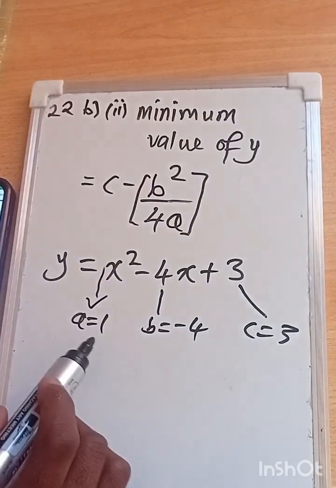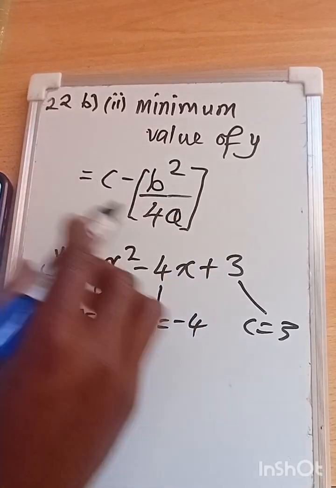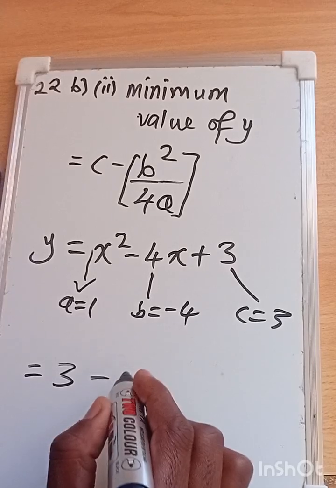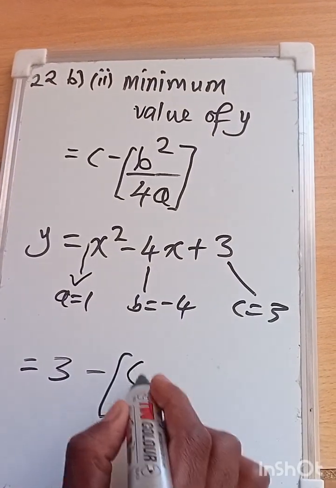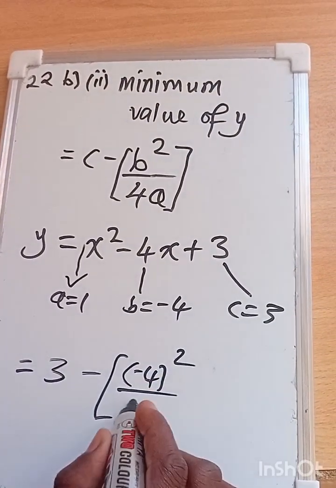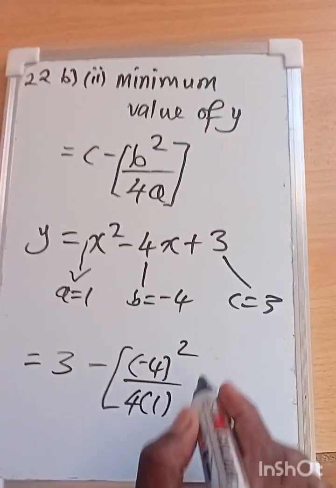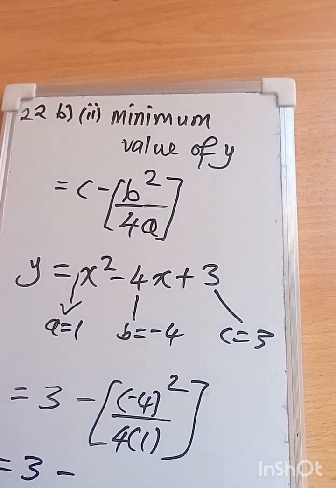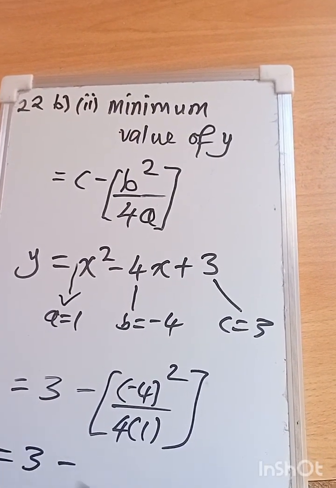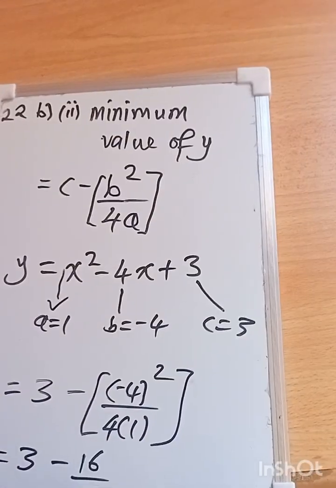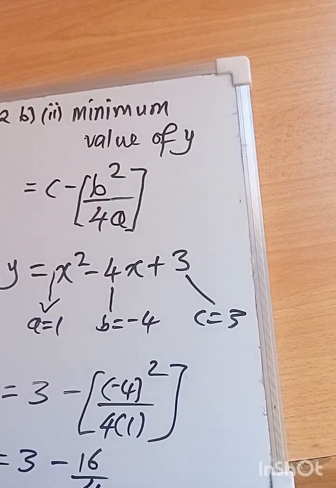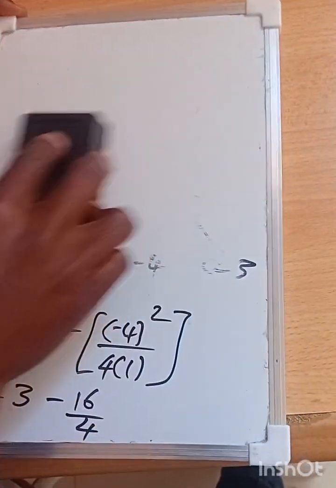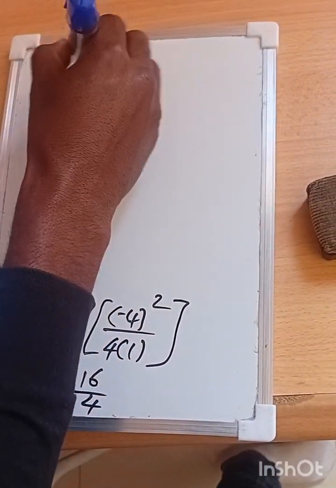So you simply substitute these values in the formula. The minimum value will therefore be c, which is 3, minus b, which is negative 4, written in brackets, squared, over 4 times a, which is 1. Then you have 3 minus negative 4 to the power 2, which will be negative 4 times negative 4, giving positive 16. Then 4 times 1 will give a 4. Then we say 3